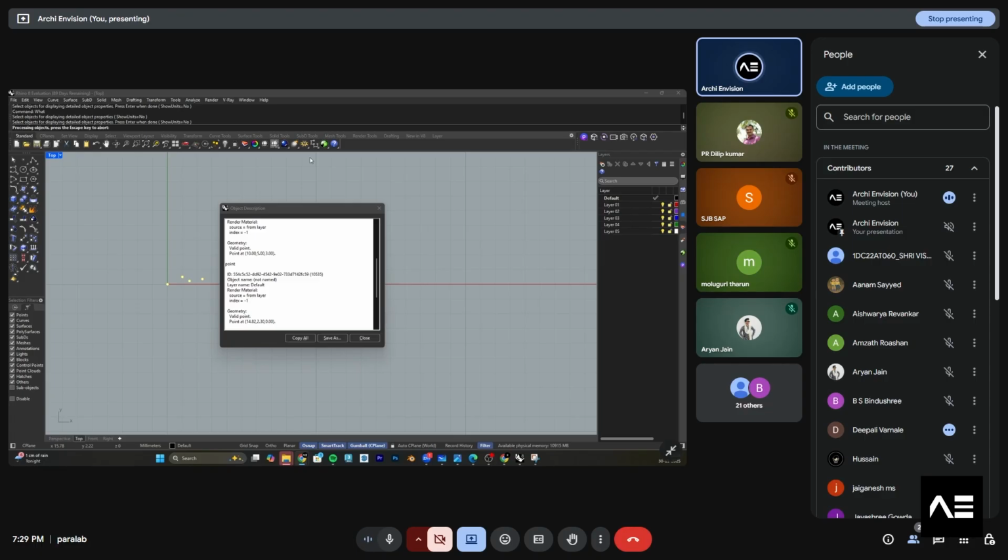So those things will be advanced. This is 4 points only, so it doesn't need that much, but it will need a small script to know about the points that have been placed and how many points have been placed. So it needs Grasshopper to work out the number of points and which point is which. As of now, we just start with the basic points. To number the points, we just need Grasshopper. I'll talk about that later.